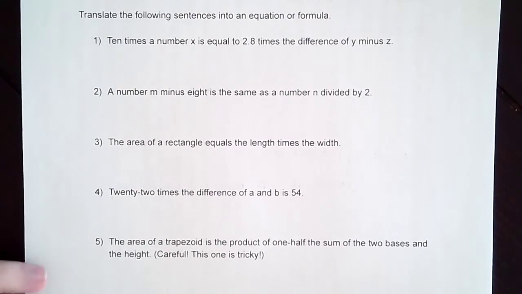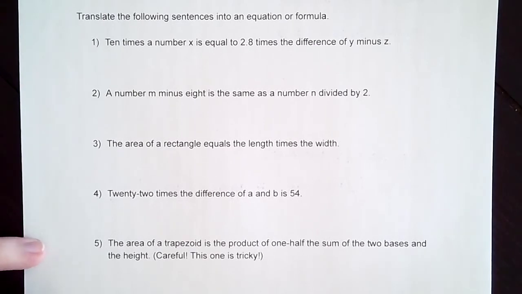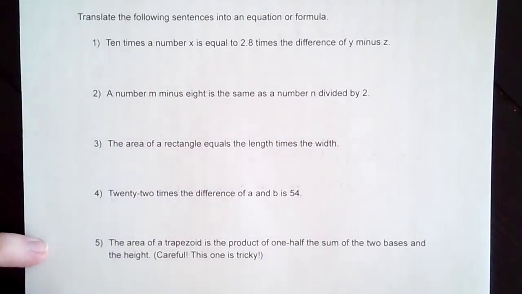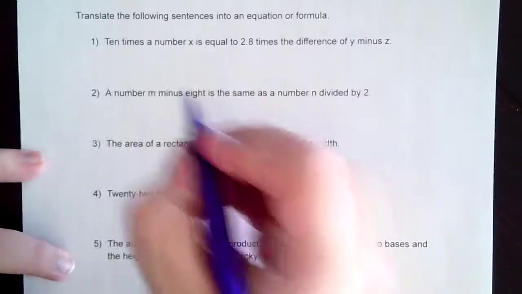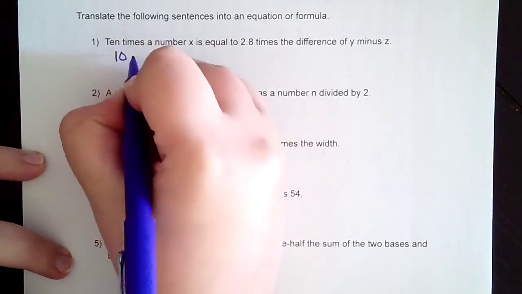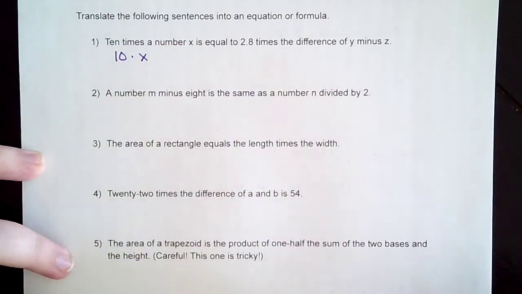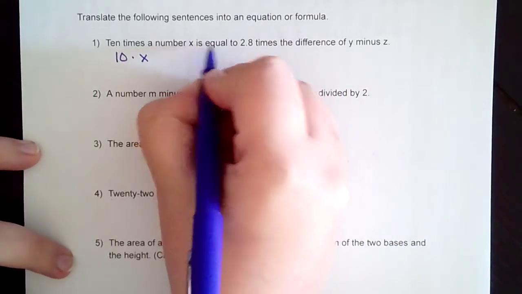Translate the following sentences into an equation or formula. 10 times the number x is equal to 2.8 times the difference of y minus z. We can put this into boxes, or we can just kind of slowly work our way through it. In this case, I'm just going to slowly work my way through it. 10 times a number x. And you may need to do this in more than one step, and that's okay. Is equal to